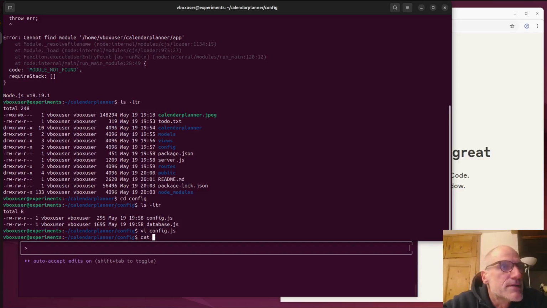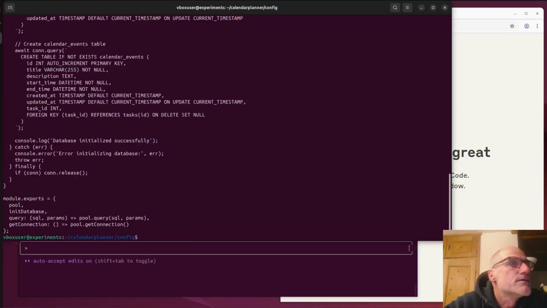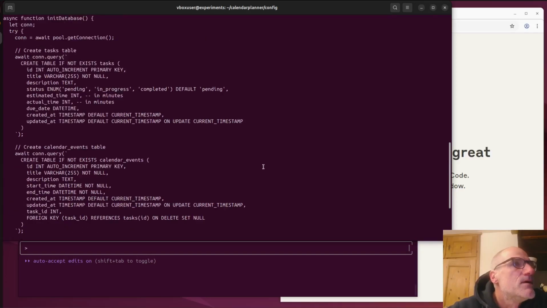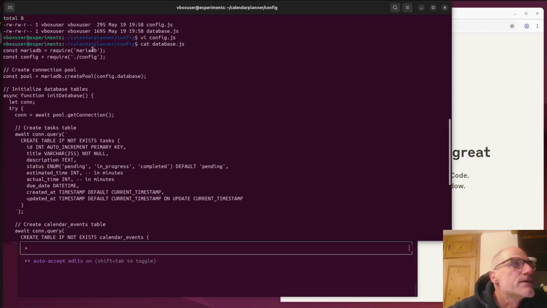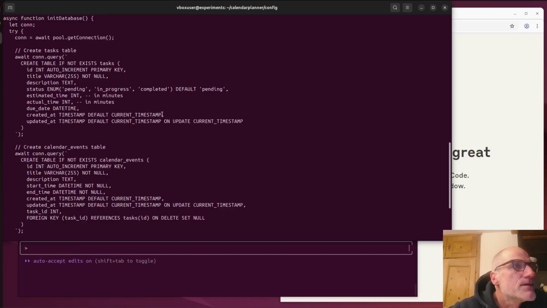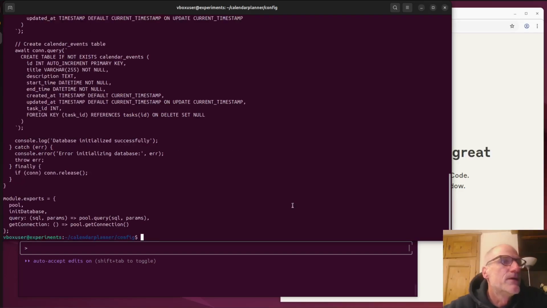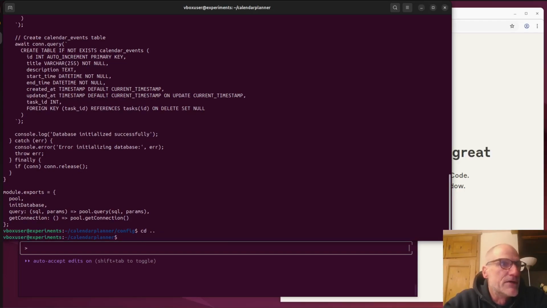So what's in database? Cat database. Anything I need to do? No. It's in the config directory, but I don't think I need to set anything here, do I? No, it creates the table, fair enough. So this creates the table, it seems. Right, let's have a go. Port 3000,